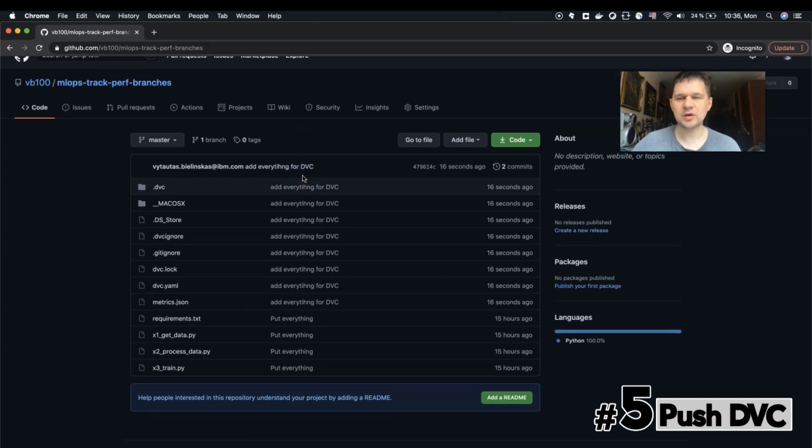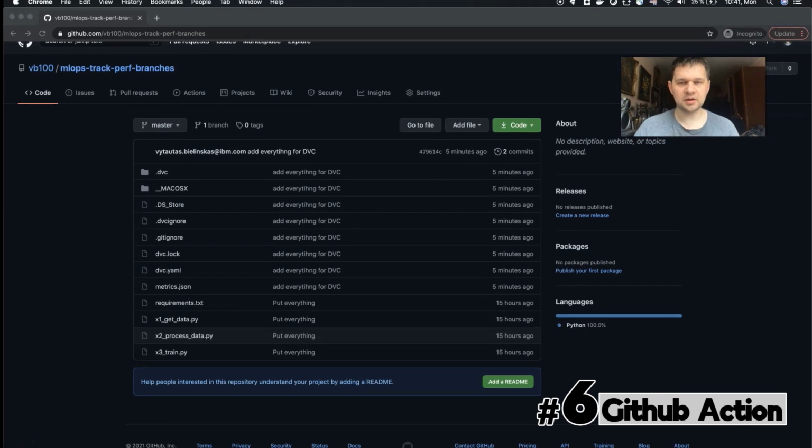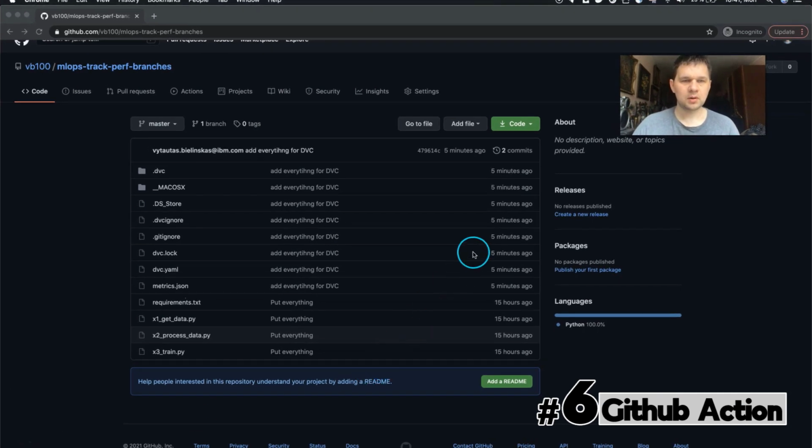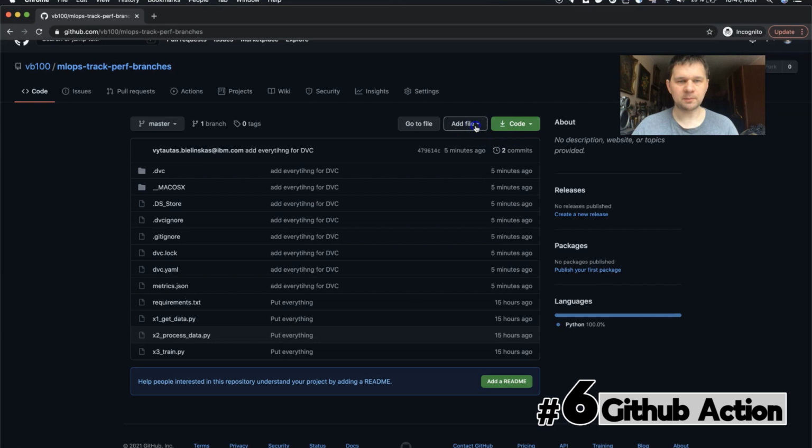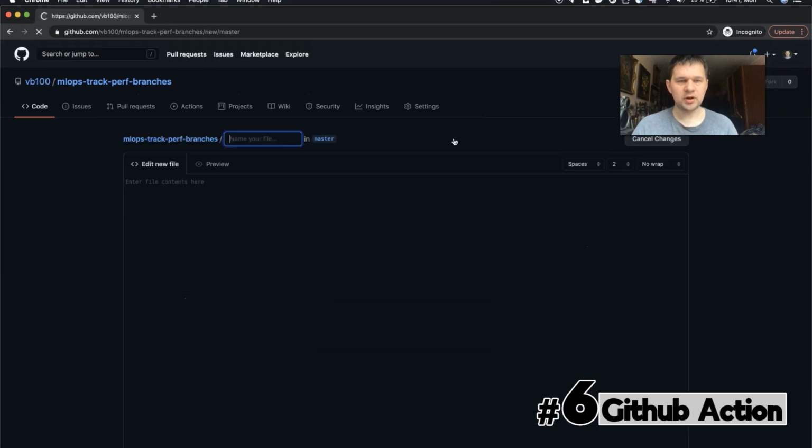And now we are ready to make some experiments in our branch, and now we need to define the GitHub action that we will do shortly. Okay, let's do the GitHub action right now. This is also a very important part, and we need to follow very strict rules. We need to create a YAML file in a very specific directory, and there's no room for interpretation. So we need to create a GitHub